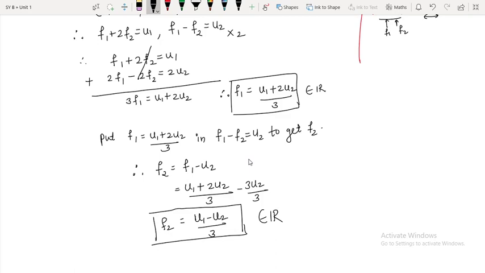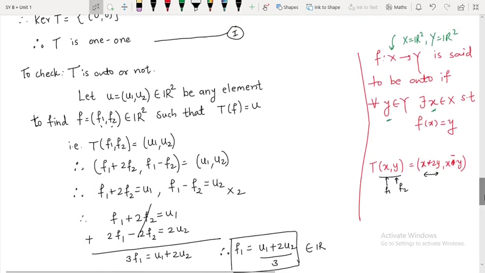Okay, so now see which equation will be required in order to find inverse. I'll call it as sum 2, right? Because T of f is equal to u, then we apply T inverse, what will be f? T inverse u, and in this way we are going to get our T inverse. So this will be required.